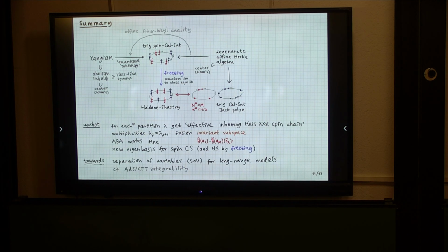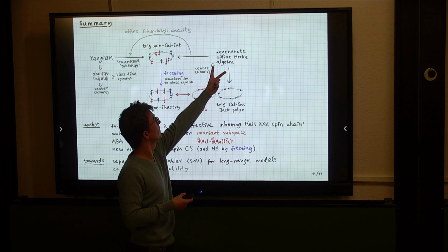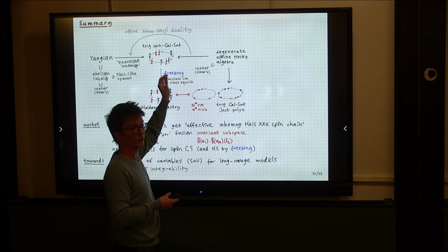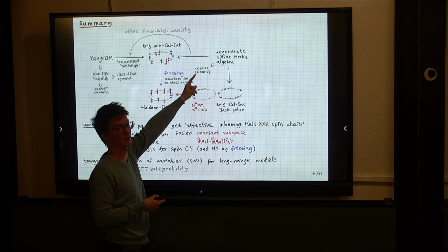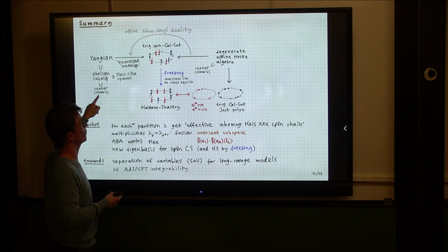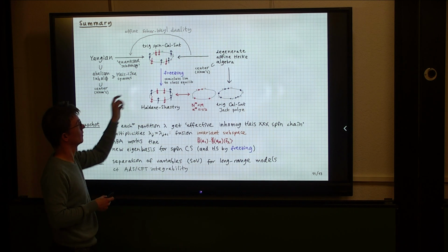So just to wrap up, here's the same picture. Let me just repeat. We started from the degenerate affine Hecke algebra. We had an action on a huge space, but what we could do is look at bosonic or fermionic subspaces, and on there we get an action of the center of the degenerate affine Hecke algebra, and we get an action of the Yangian, whose center in fact coincides with it. So these two centers coincide. They give the usual